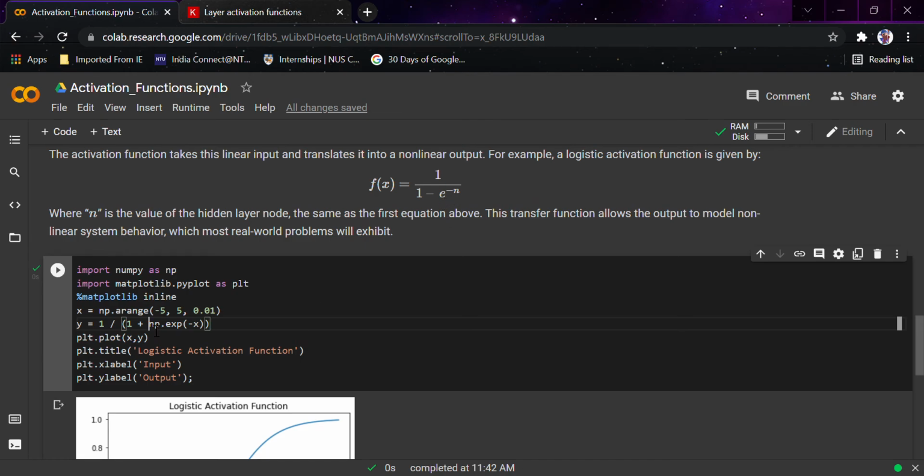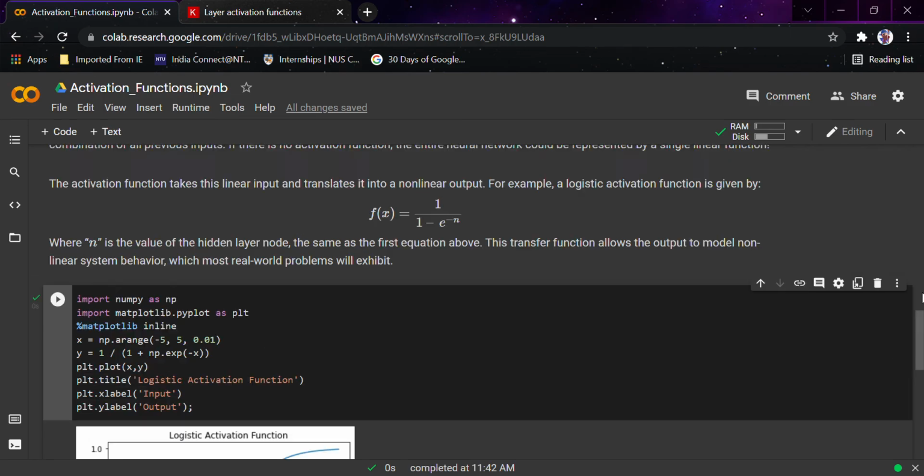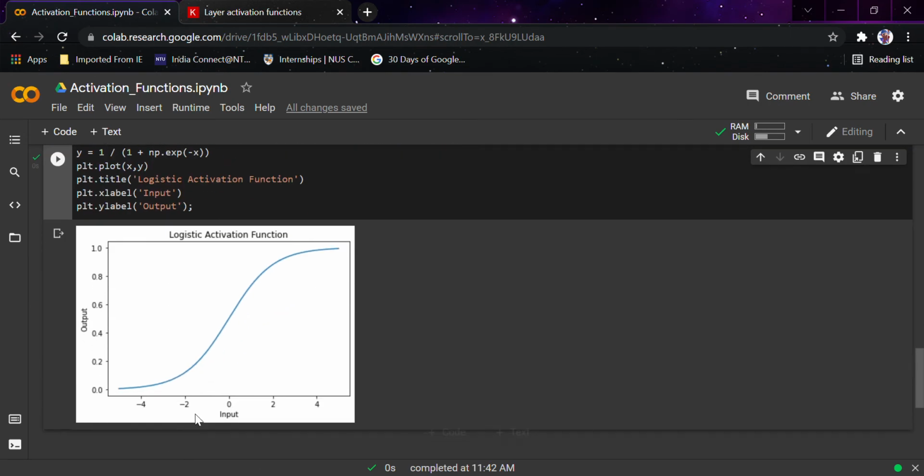I hope you know that np.exp refers to that only, and then we simply plot it and give the title, x label and y label. You can see whatever our input is going to be, between -4 and 4 or whatever, the output would be between 0 and 1. The range of the output is between 0 and 1. So this is a brief overview of a logistic activation function.